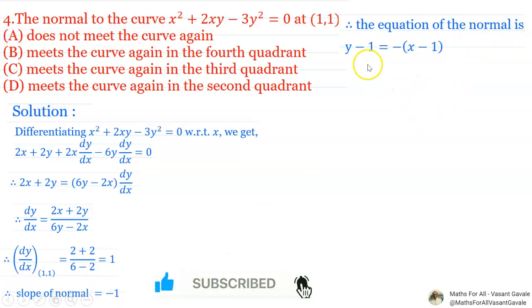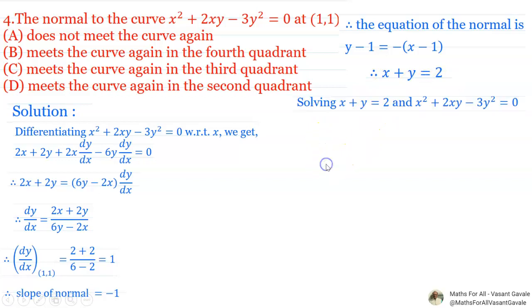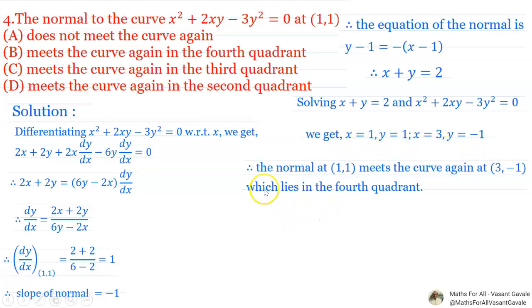Therefore the equation of the normal at the point (1, 1), with slope of the normal minus 1, is y minus y1 equals m times (x minus x1), and this is the equation of the normal: x plus y equals 2. Now solving these two equations, x plus y equals 2 and x square plus 2xy minus 3y square equals 0, you will get x equals 1 and y equals 1. This is the first point. And next, x equals 3 and y equals minus 1. Therefore, the normal at (1, 1) meets the curve again at the point (3, -1), which lies in the